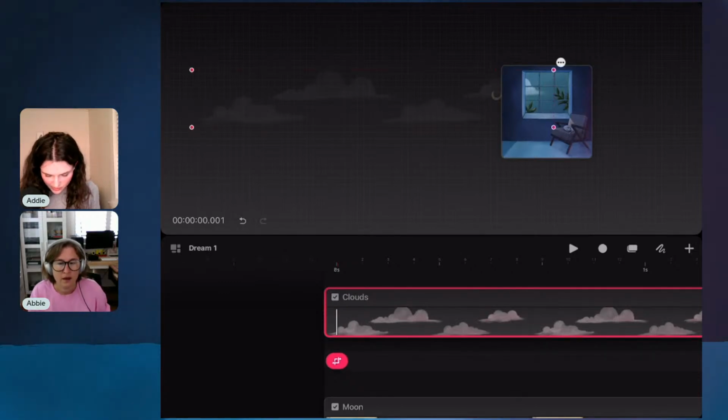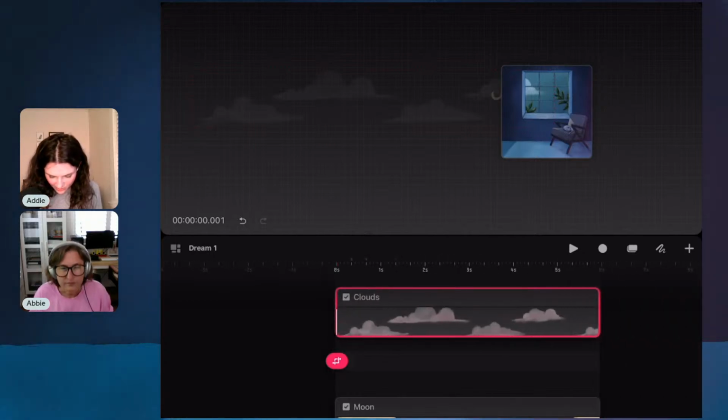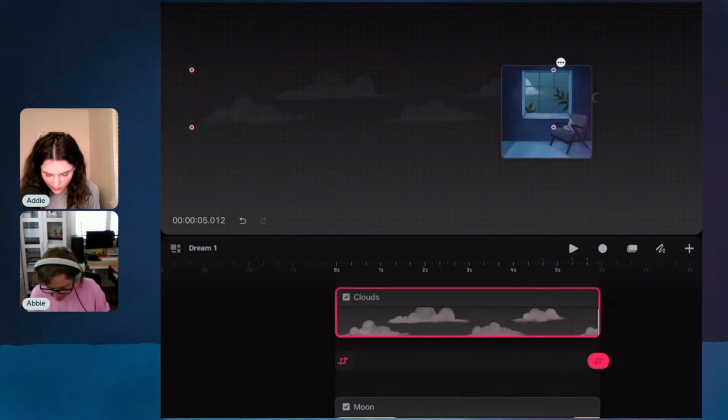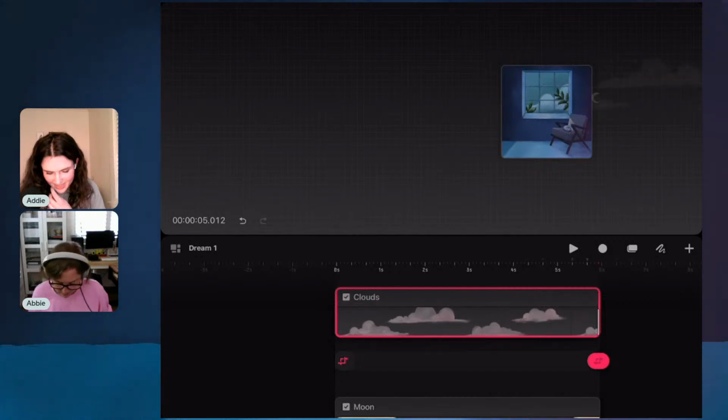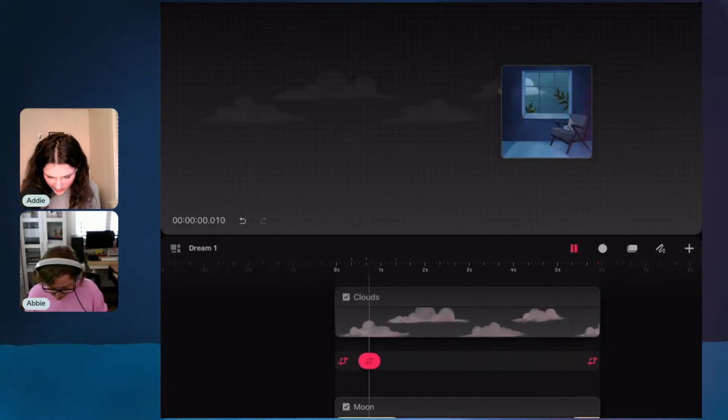Now I'm going to zoom out and go to the very end. And again, I'm making sure that my playhead stays at the keyframe track on the clouds layer. And with my playhead at the 6-second point at the very end, I'm going to drag my clouds over. We'll do that. Final placement there. And so now, when we press play, the clouds move left to right, but you might notice they